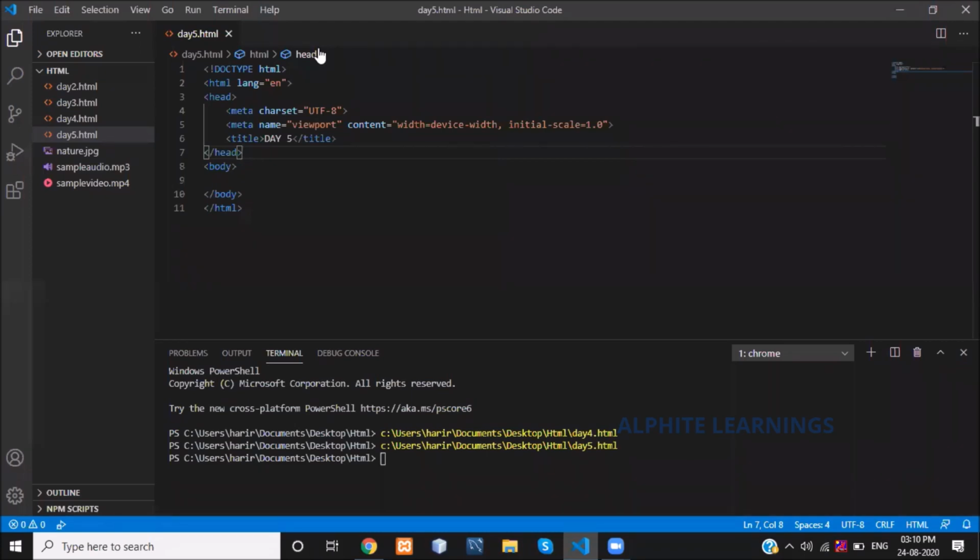Inline is where we specify the style inside the tag. Internal is where we specify the styles in the header part, and wherever we use those selectors like H1, H2, paragraph, body, it will apply to the entire page. Whereas external CSS creates a separate CSS file, and we link that CSS file to this HTML.